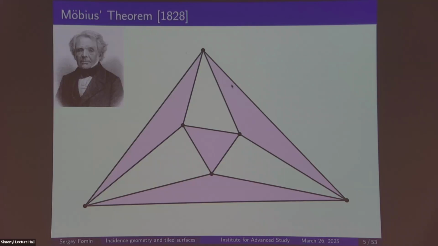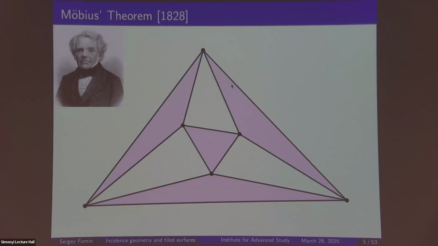So the Möbius theorem says that if the 4 green planes intersect at a point, then the 4 pink planes also intersect at a point. Of course, some genericity assumptions have to be added and so forth. But generically, this is the precise statement, has many different reformulations, but that's the first non-trivial result of